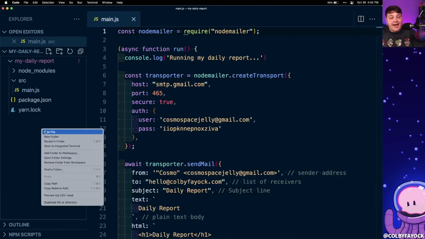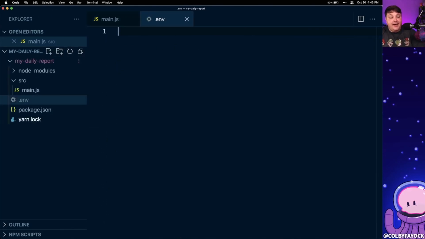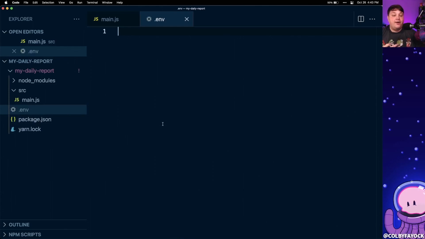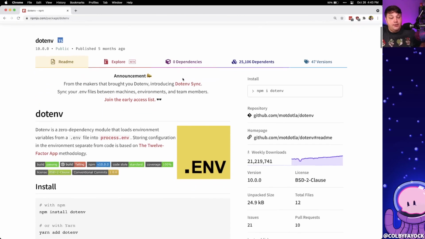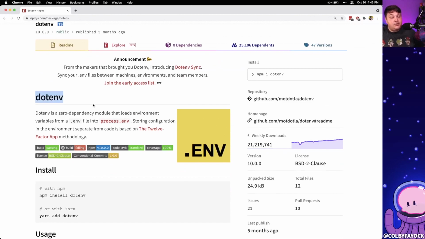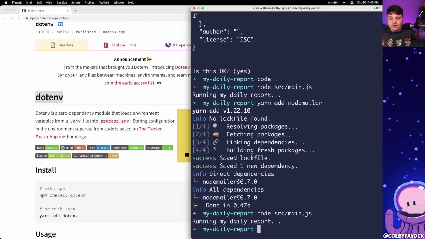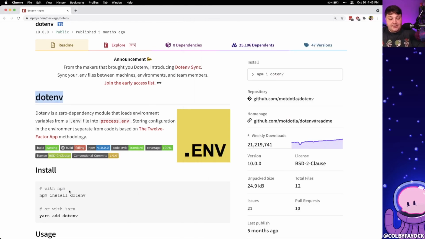Now, to do this, we're going to actually create a .env file. And this is going to be where we put in all of our environment variables. Now, in order to use that .env file, we're going to use a package called dotenv, which is going to basically allow us to require that package, and it's going to automatically load that env file when we're actually running this locally. Otherwise, it's going to load those environment variables from the process, which we'll see later how we do that on GitHub Actions. So in my terminal, I'm going to run yarn add dotenv,